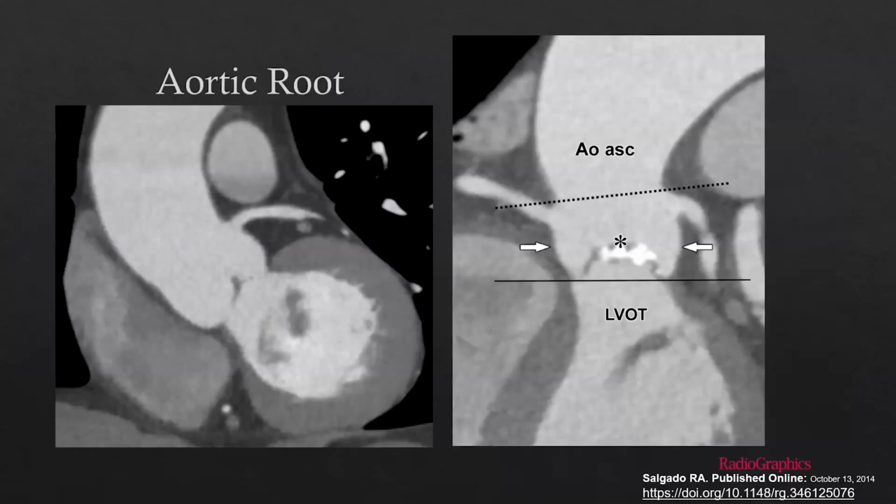In terms of the aortic root, this is just an overview, a multiplanar reformat of the aortic root, highlighting the level of the annulus. And these measurements subsequent speakers are going to cover in more detail. I'm just going to highlight some of what we're looking at in this cardiac CTA. This black solid line is the annulus. We also can see the aortic valve with its calcifications, the coronary sinuses, and their relation to the ostia of the coronary arteries. All of these things are important for pre-intervention planning.